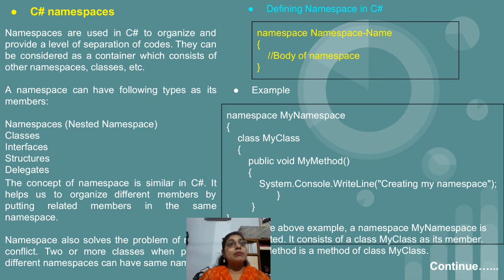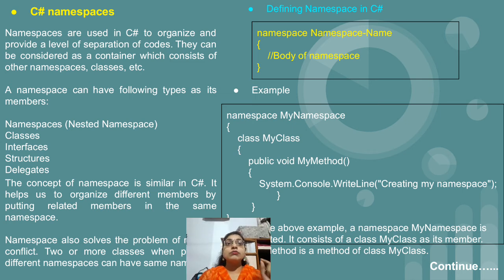Now I have created my namespace. This is the name of my namespace. Namespace MyNamespace. In that namespace I have created one class, that is class MyClass, which contains one method, that is MyMethod. And in MyMethod I have defined System.Console.WriteLine, creating my namespace. Now you have noticed one thing, that in the previous programs we always wrote Console.WriteLine.